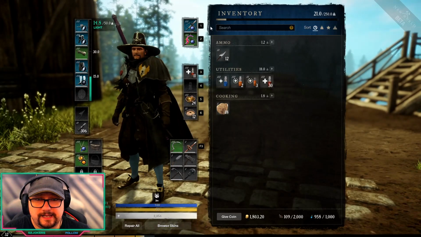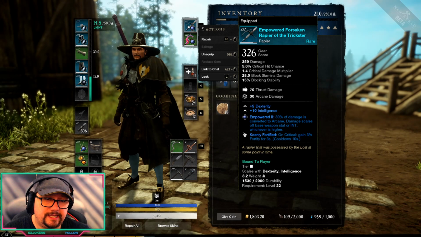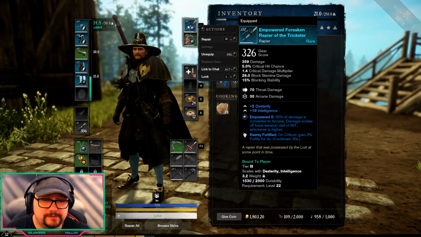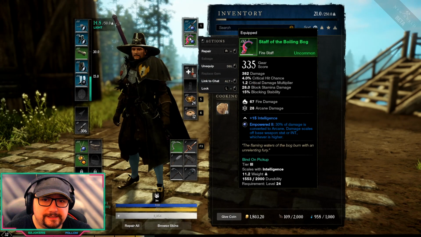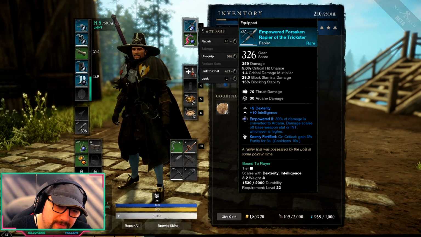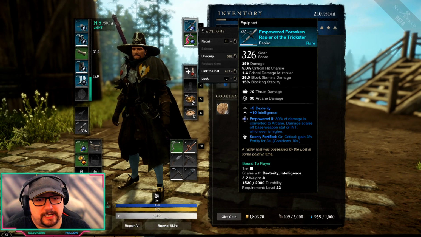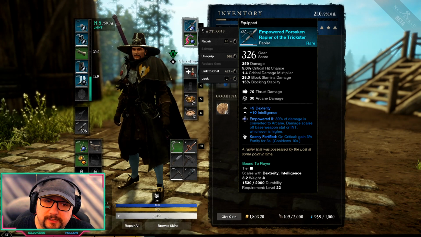So, like I said, we're using a Rapier and a Firestaff. I happen to have a decent Rapier. Could definitely be better. I might be updating this pretty soon. But overall, what you want to keep track of is your stats. Okay. This is an intelligence build, so we're mostly building intelligence, maybe a little bit in dexterity for a little